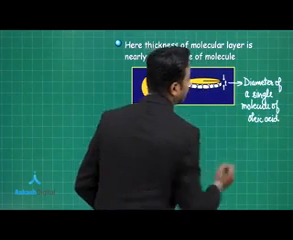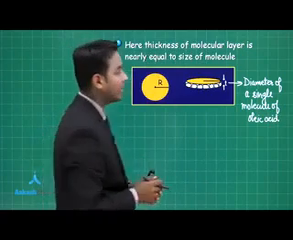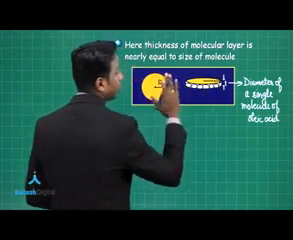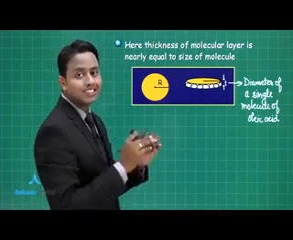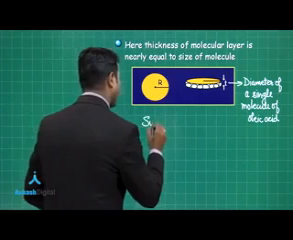I hope this is very clear to you. That's why we have taken a very diluted solution of oleic acid. Now tell me how you are able to find out the volume of this disc formed by the oleic acid molecules. So let's suppose